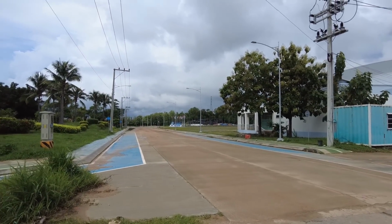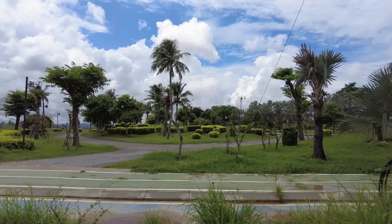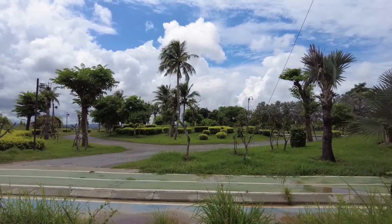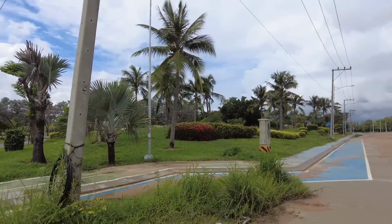Oh, actually, before I go on, I forgot to say, look, they're doing some gardens over there. They like these kind of things, you know, the old walking tracks. If you're into your fitness, you can walk around, cycle around. That looks quite nice, to be fair. But just up here,